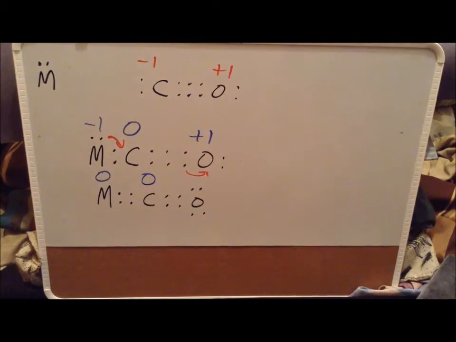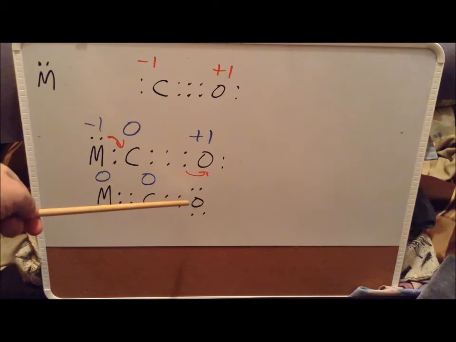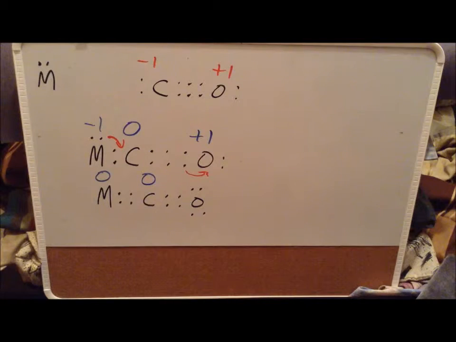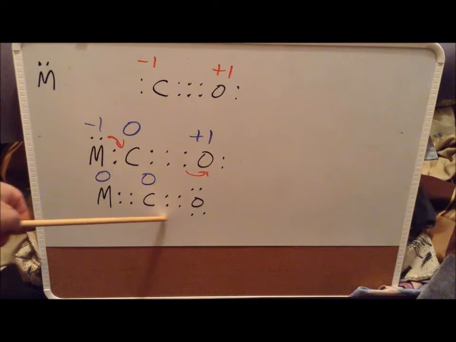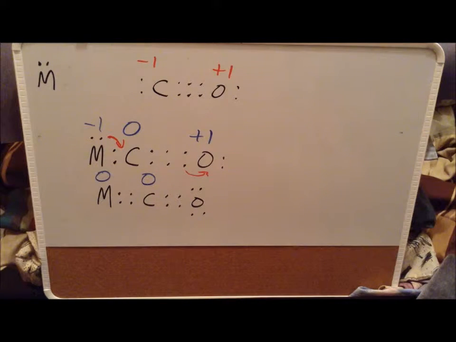Last but not least, let's see what happens with oxygen. Oxygen starts off with 6 valence electrons. It has 4 lone pair electrons, since it has 2 lone pairs. 6 minus 4 equals 2. It has a total of 4 bonding electrons with the carbon. 1/2 of 4 is 2, so we have 6 minus 4 minus 2 gives us a total of 0 for